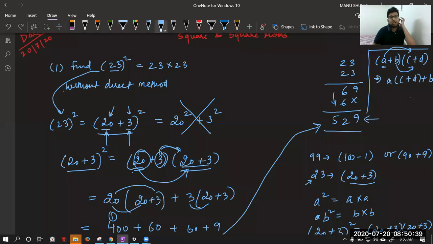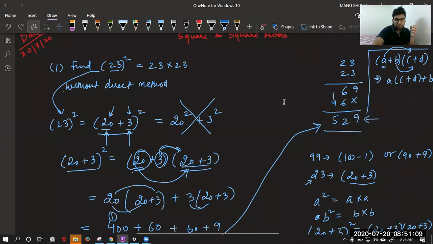Yes, Rachit. Whatever I am doing here is a labor from my side. Yes, Jishan, it is lengthier, but it is easier. It is easier in a way that you don't have to do calculation of multiplication on the right side. You are doing multiplication in your mind only. Yes, Jishan, are you getting this? 23 square you cannot find without solving. But this way, you don't need any solution. You can just find and add them. Okay.